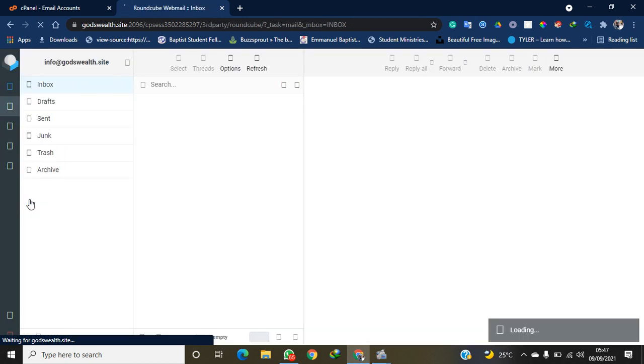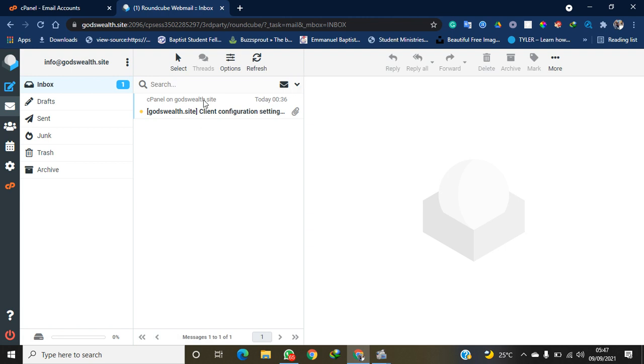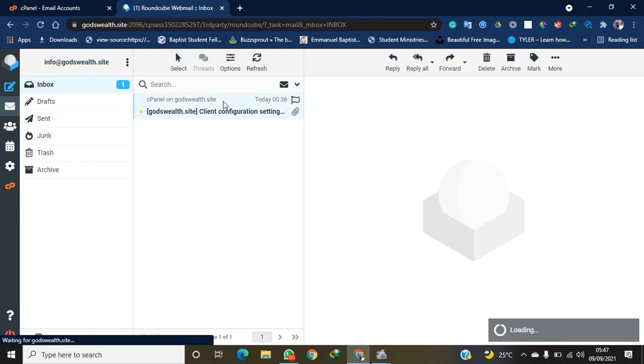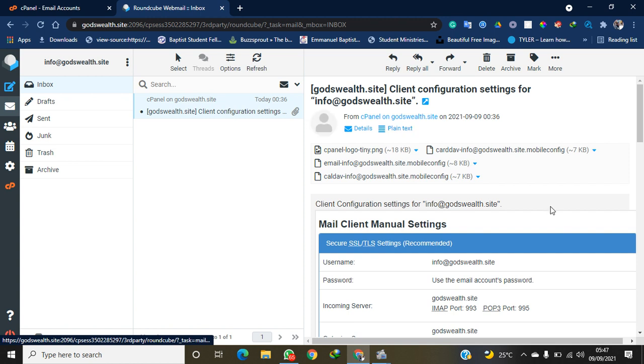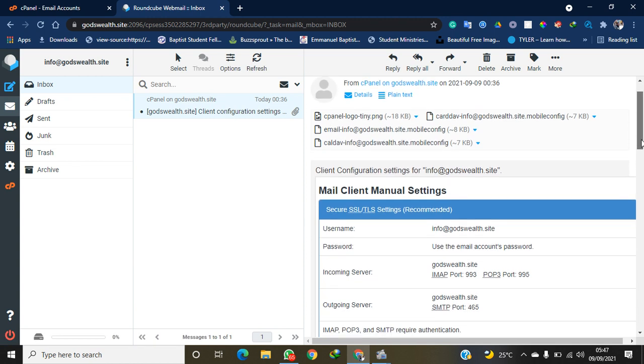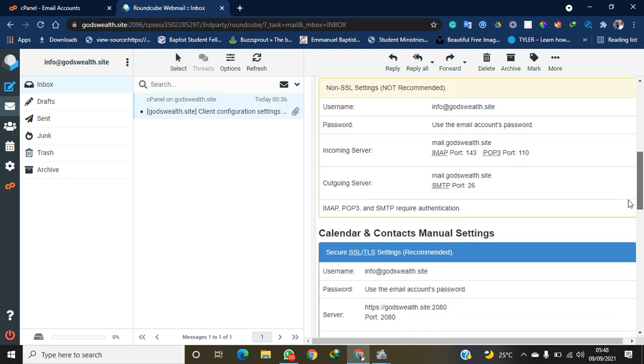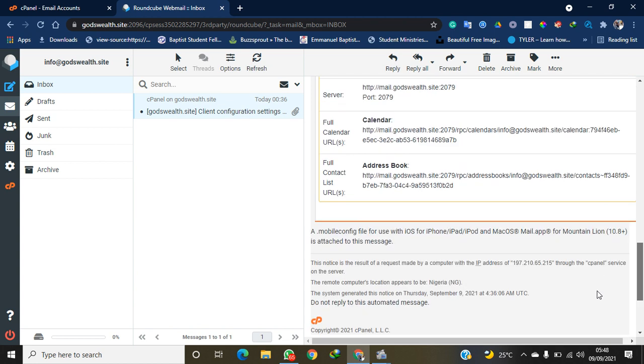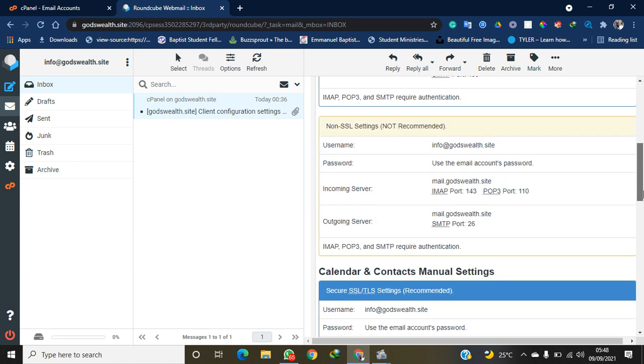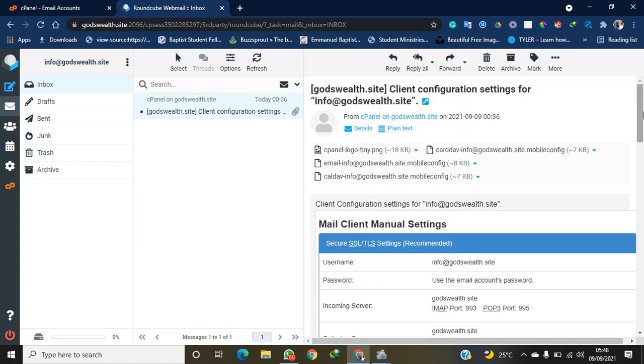So you see here, this is the mail, like you receive mail on normal Gmail. This was sent, I think, immediately we created that account. You see, this is the information: mail client manual, the password, the incoming server. This was when we were trying to reset all our passwords, so they're sending mails to this place directly. So now the thing is,